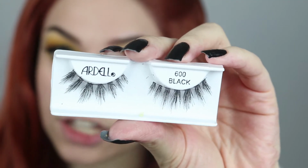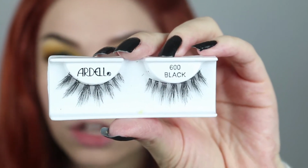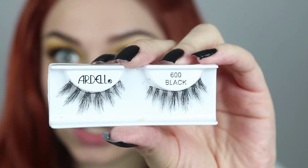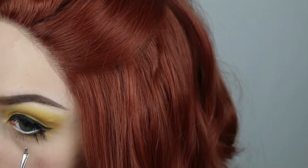So I have these 600 lashes that I don't need anymore because I got a new pair. So I'm going to cut these up in individual lashes and stick those on my lower lash line and the top of my eyelids. So for this, I just stuck them on that little line of dark eyeshadow we made